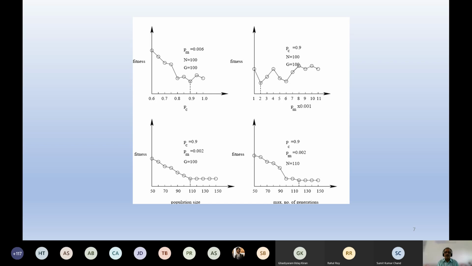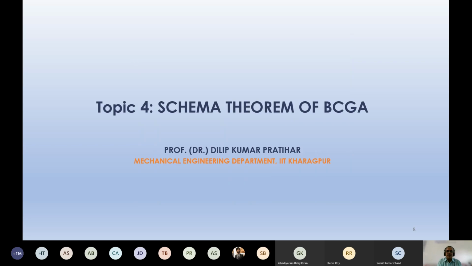So by following this method, you can find out approximately the set of GA parameters. And once you have approximately set the GA parameters, you can use them to determine your optimal solution. GA will try to find the set of optimal solutions through a large number of iterations. I hope I'm clear on how to determine the set of GA parameters using a parametric study. I hope this is clear to all of you, and this is very simple.